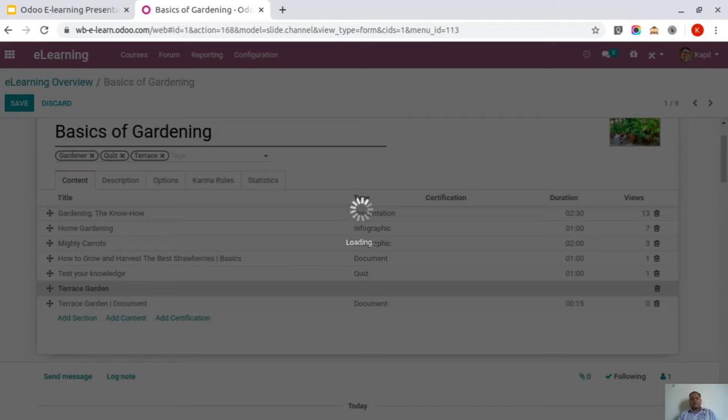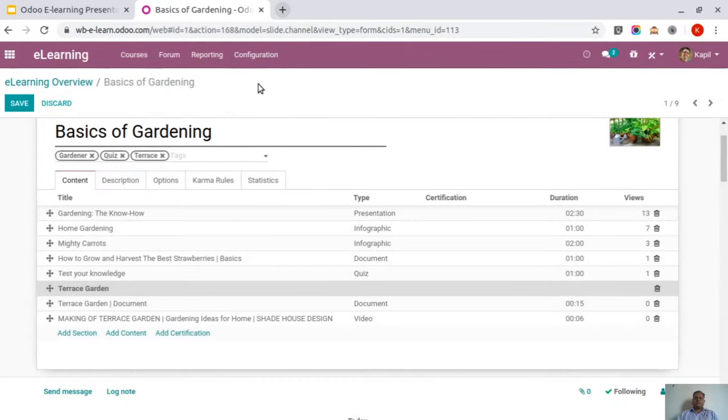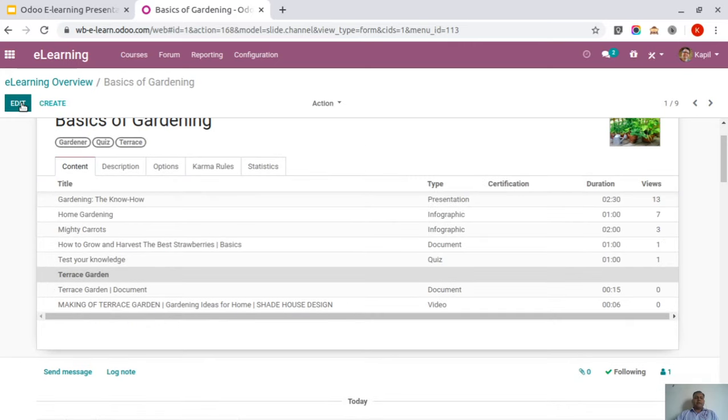Let's wait while this page loads. Okay, so I have added the relevant content